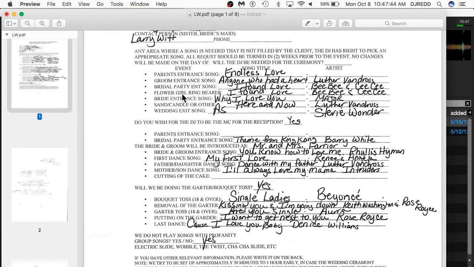Okay, so this is what my music request form or playlist form looks like. I've changed it several times already, but this is more than likely the way that I'm going to leave it. And this is usually, let's say, the format for the ceremony. So, sometimes you might have the parents' entrance on there,